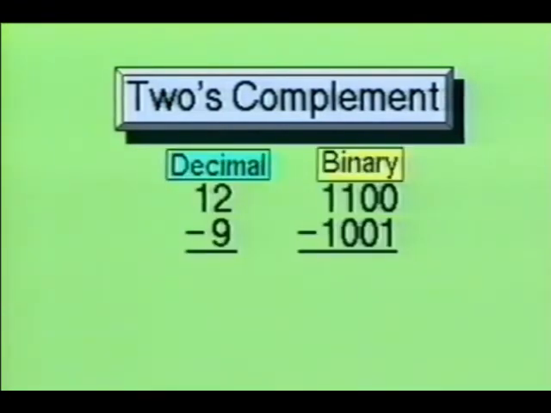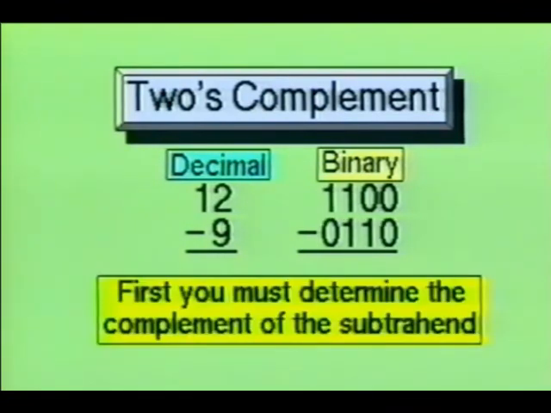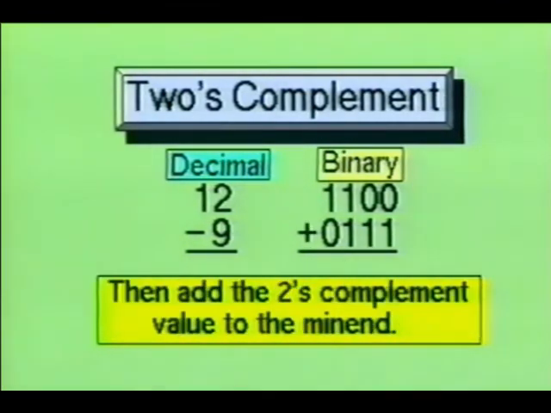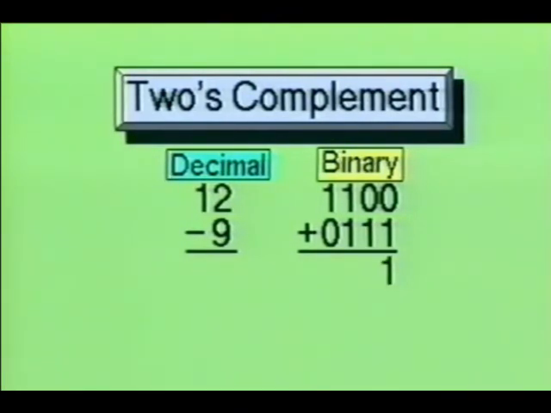In this example, we will subtract 9 from 12. First, you must find the complement of the subtrahend. Next, you simply add 1 to the complement's value. Then you add the 2's complement value to the minuend. 0 plus 1 equals 1. 0 plus 1 equals 1. 1 plus 1 equals 0, carry 1. And since we carried 1, we now have 1 plus 1 equals 0, carry 1. Since we had already added 1 to the subtrahend, we discard the carry bit, and our answer becomes 0011, or